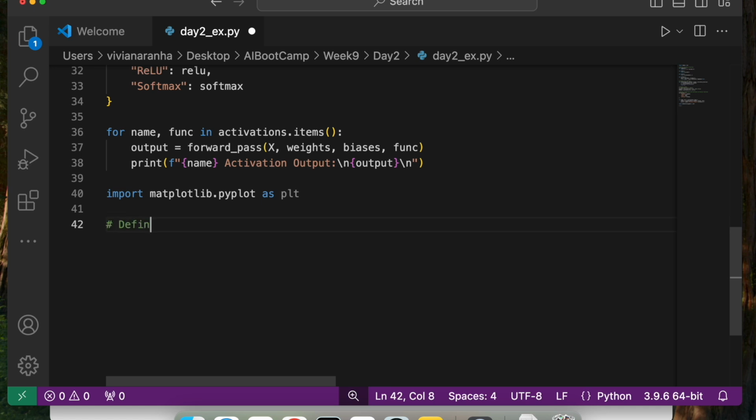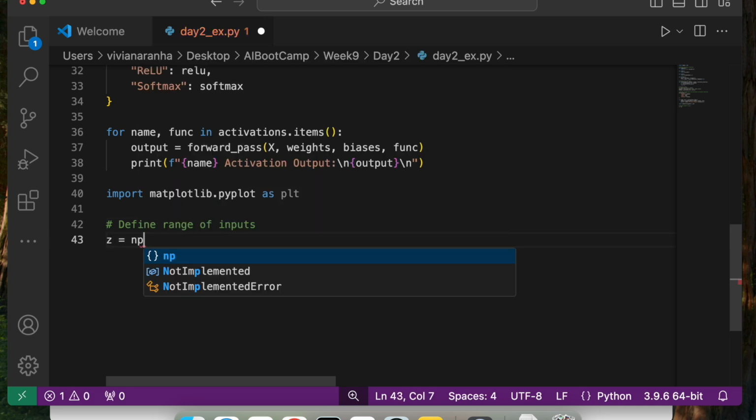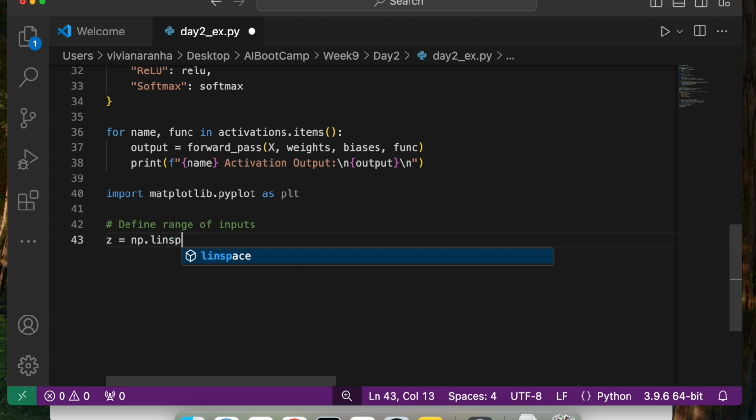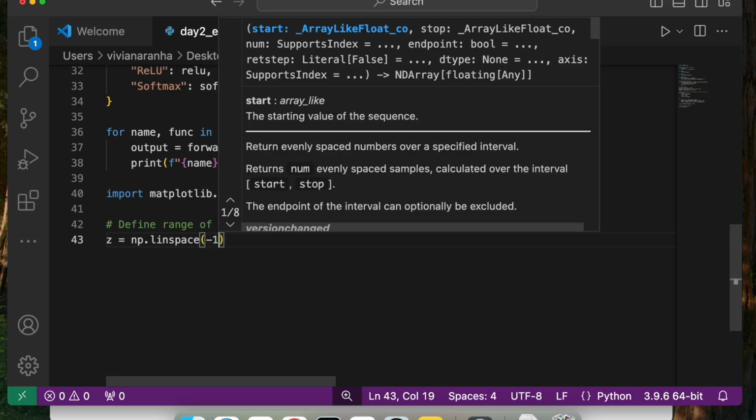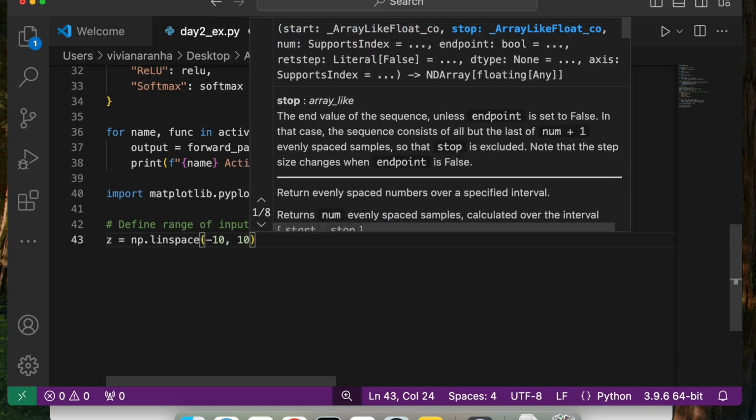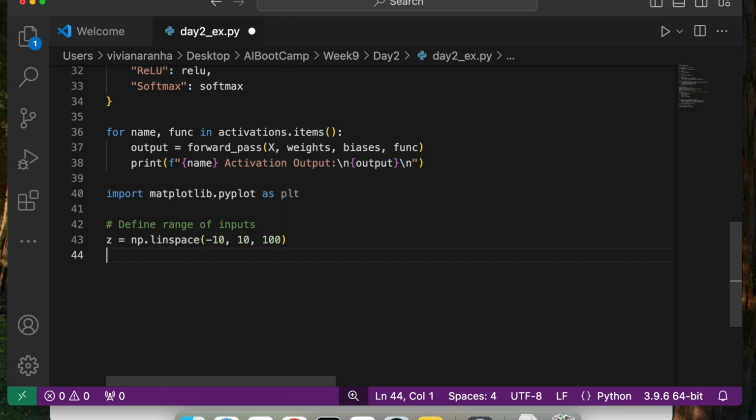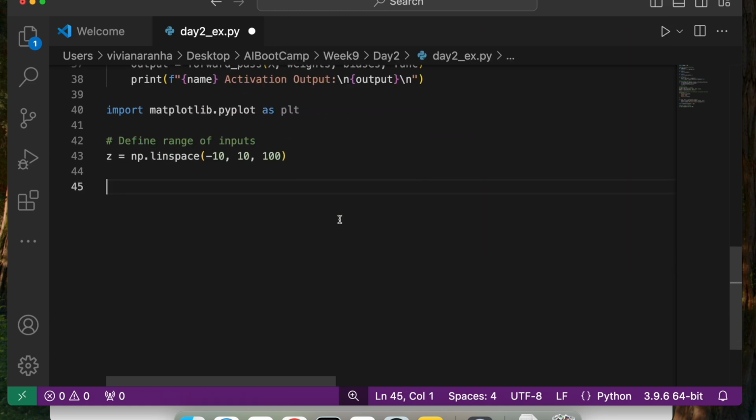And I am going to define a range of inputs here. Let's say z equal to np.linspace(-10, 10, 100). So I'm trying to visualize the activation functions here. So for that, let's go ahead and plot the activation functions.